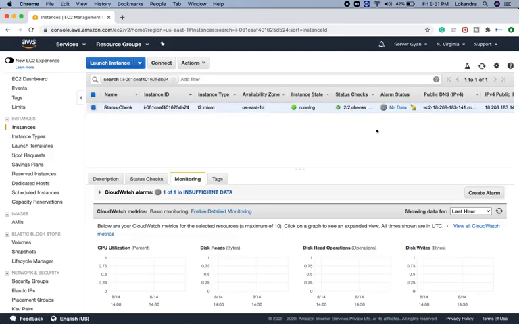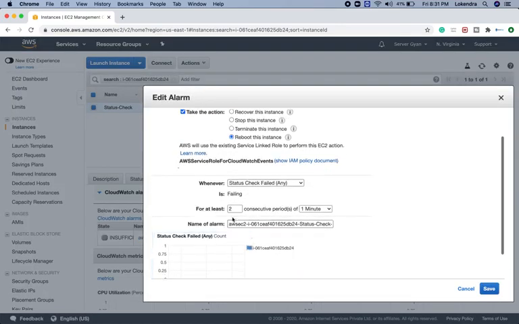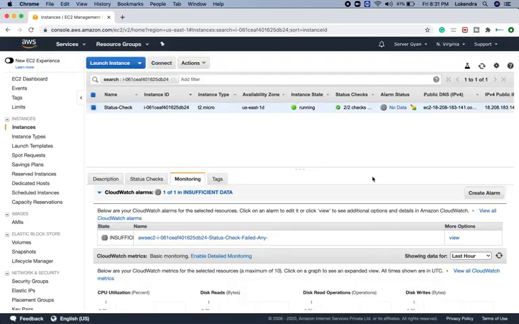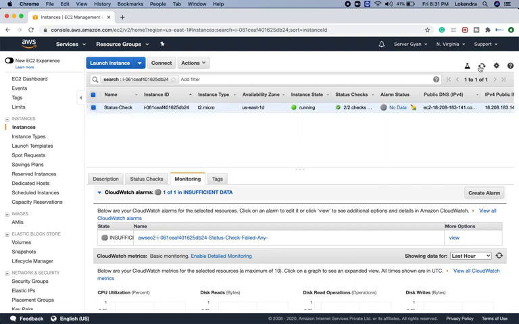So once these alarms are created, it shows no data available. Because if you see the alarm, for this particular alarm I set this option that for at least a 2-minute period of one time, it is going to take at least 2 to 3 minutes in order to reflect the changes. I have modified this alarm once again. Now what is going to happen? Obviously this will become available, okay, or in alarm, critical, or whatever status it has. It will be reflecting changes as soon as this particular time gets passed, within 2 minutes only. So no data available still.